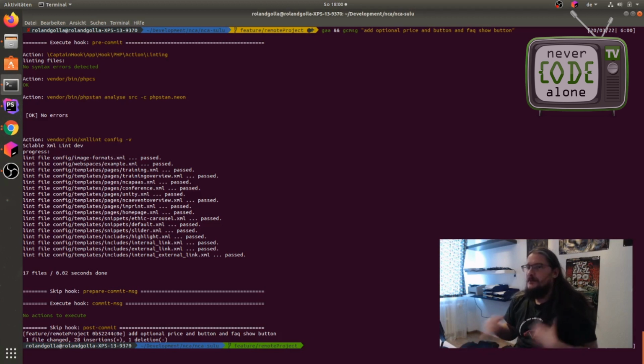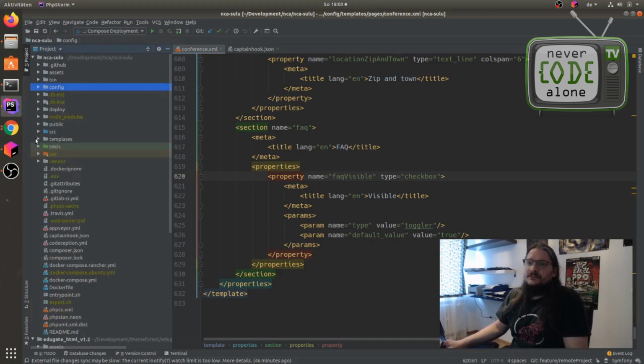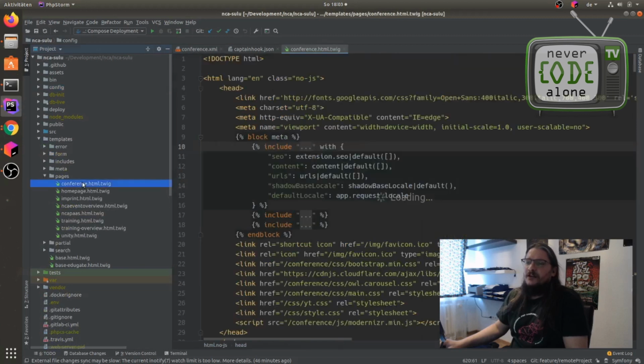Okay, now we fixed the backend and go to the Twig template in the frontend. The same structure from this configuration is here in templates, pages, and we have here our conferences Twig file.